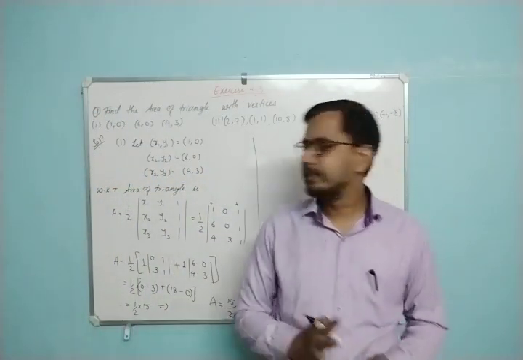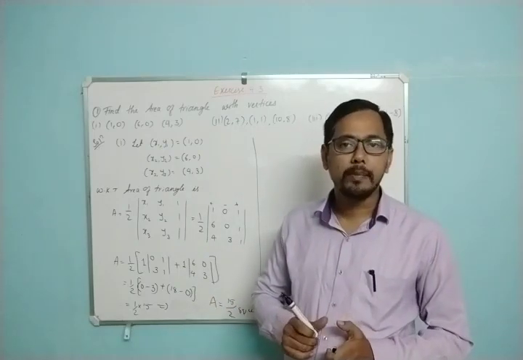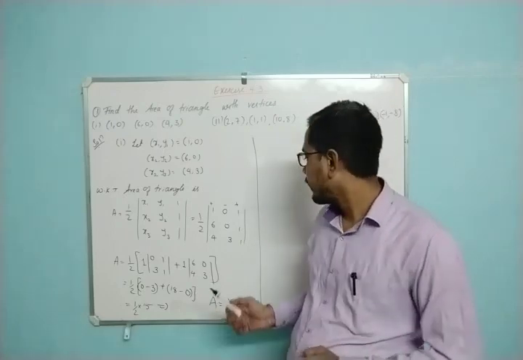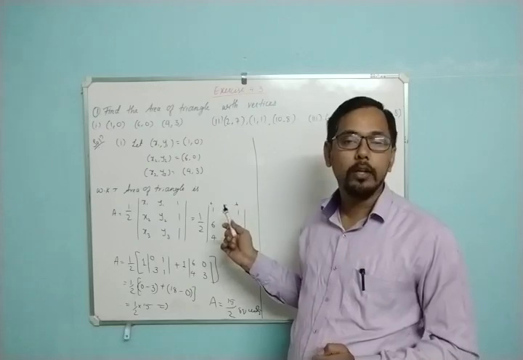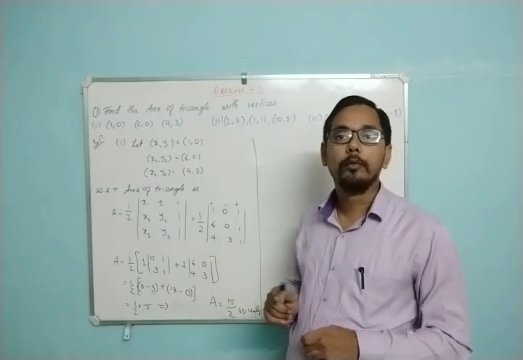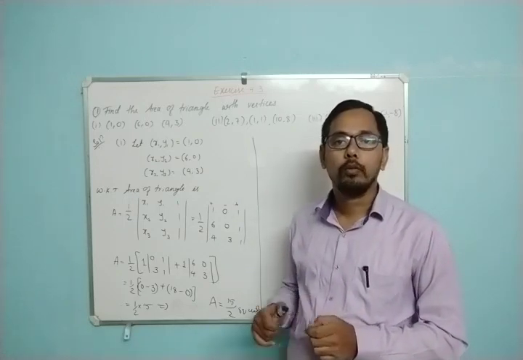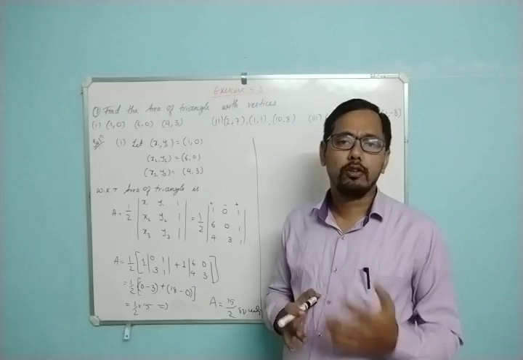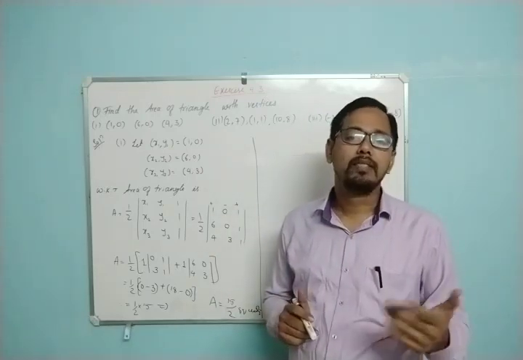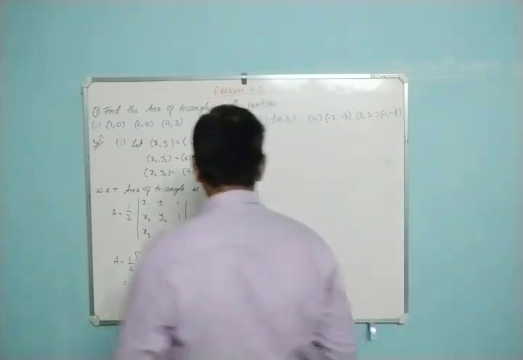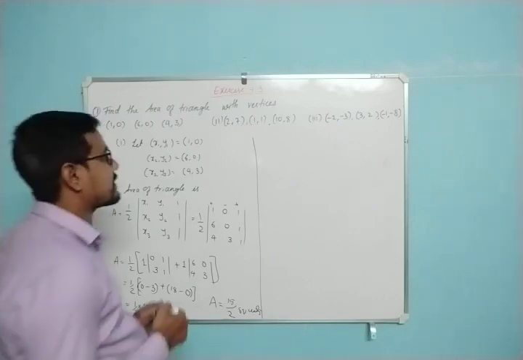So I hope this is clear. I have expanded it through the first row. You can expand it through the first column, or through any of the columns. The shortest way would be expanding through the second column, but you may face some difficulties because of lack of practice. To avoid any confusion, you can expand it through the first row. It will become a little bit lengthier, but you can still do it. Now the first one is over, let's see the second one.